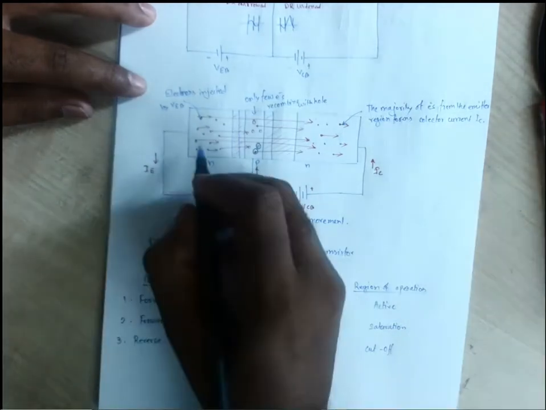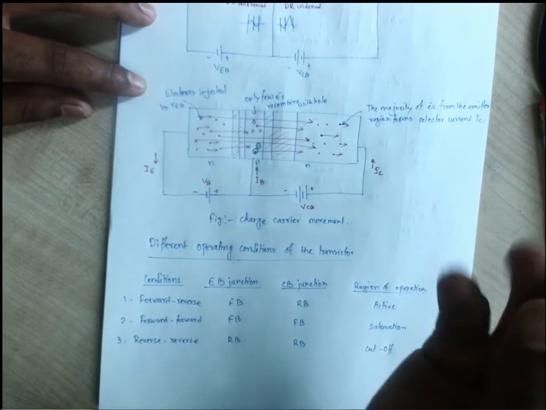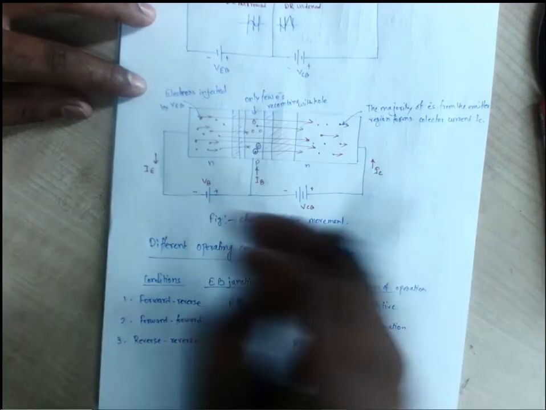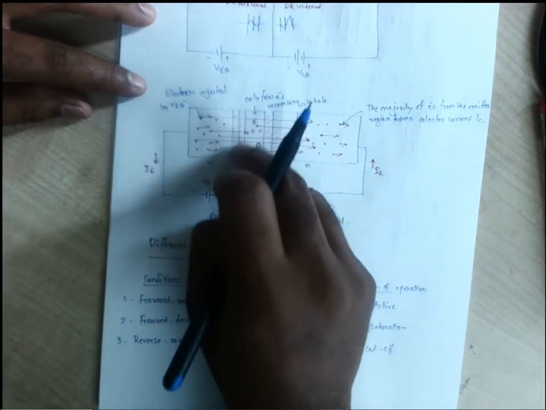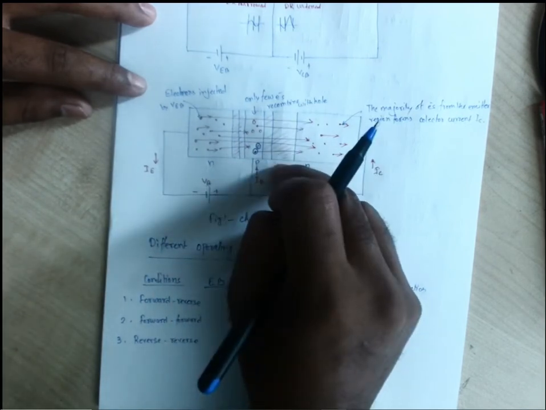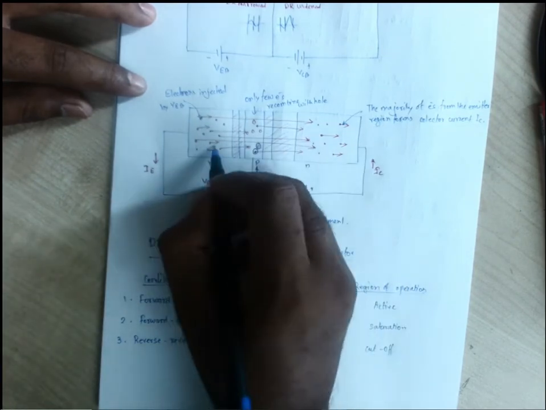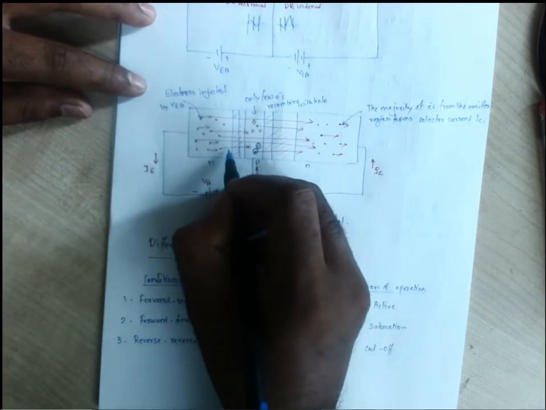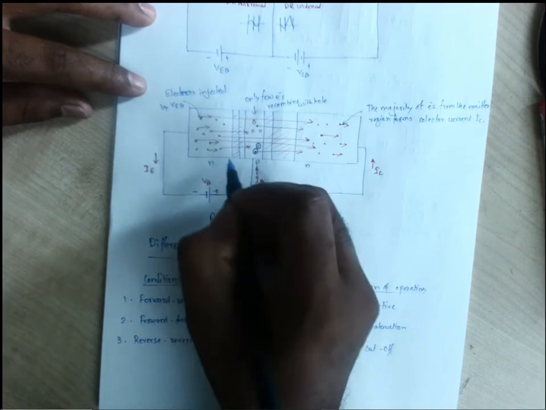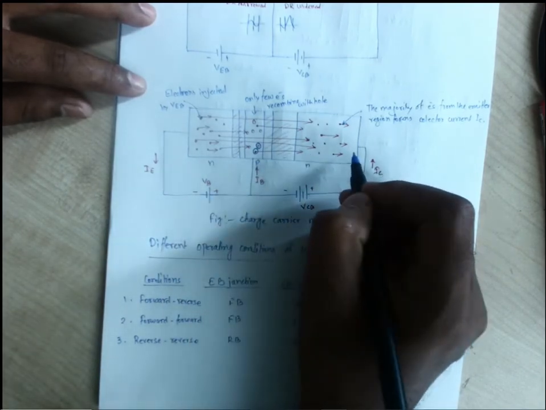and can move into the external circuit. This charge carrier movement is the flow of current. We can say charge carrier movement means flow of current. So the flow of current has low resistance on the input side and a higher amount of resistance on the output side. The current movement initially has low resistance on the input side, then a higher amount of resistance on the output side.